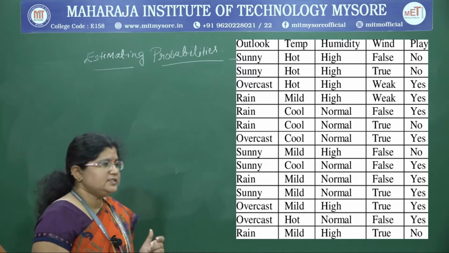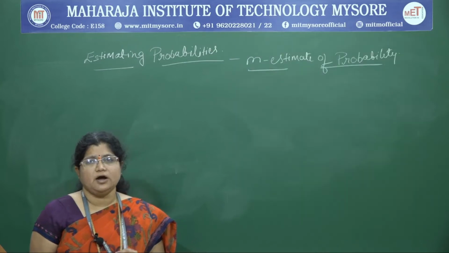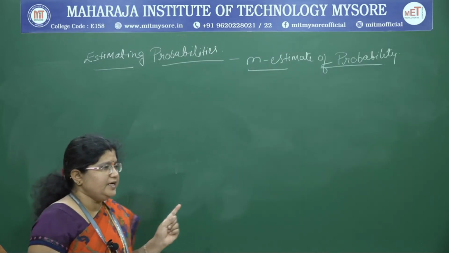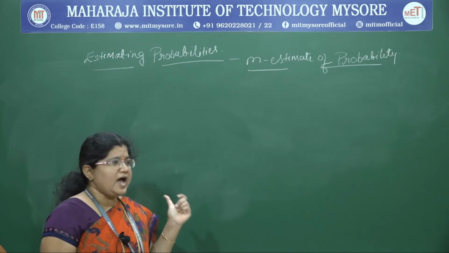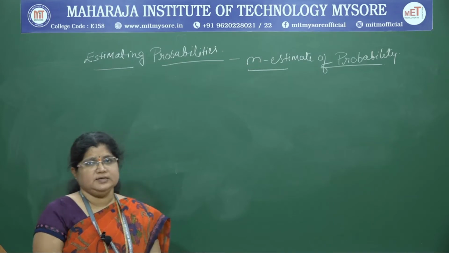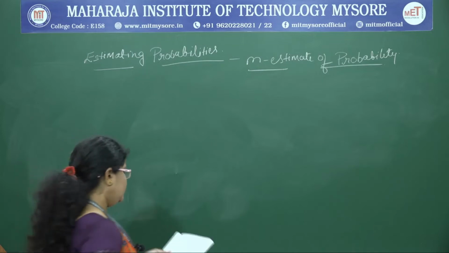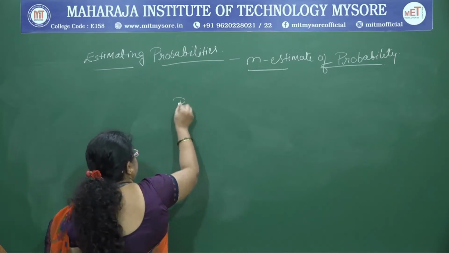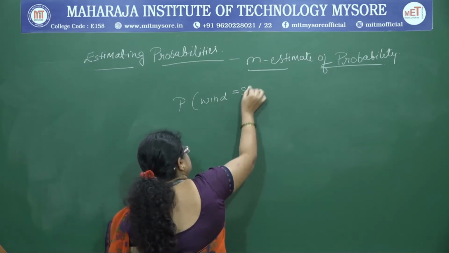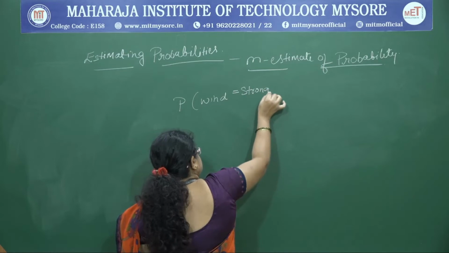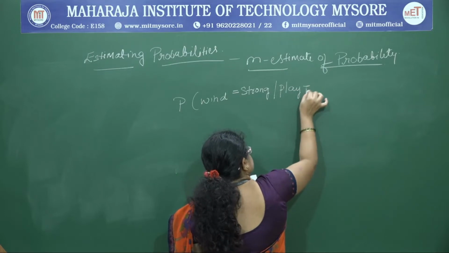Now, for this particular example, we have taken the probability of wind equal to strong, play tennis no. By having this fraction, we can estimate P, the probability of wind equal to strong